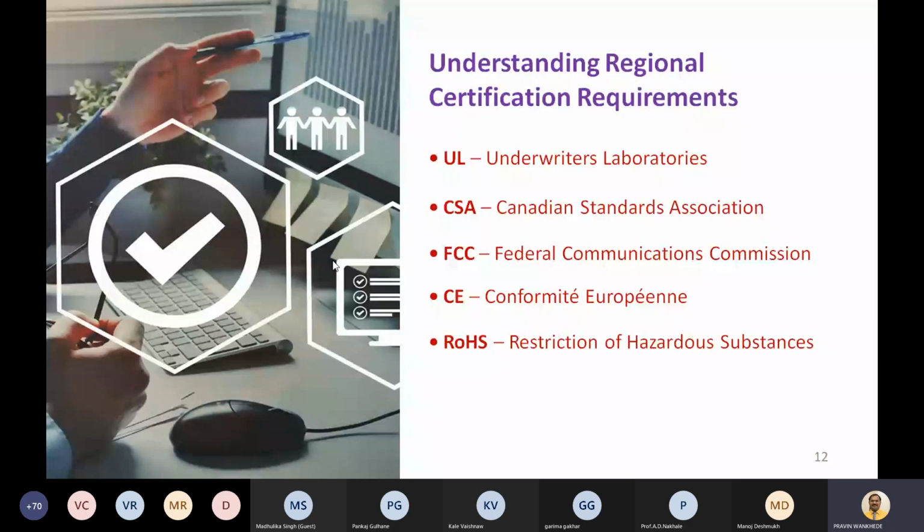Okay. Then the third is the FCC, that is the Federal Communications Commission. This is a standard for RF radiation from electronic devices. This is very important for IoT devices. As you know, if you buy any Bluetooth module, Wi-Fi module, or any such device, whether it is LoRaWAN, LPWAN, or any type of RF device for your IoT devices, they will come with this FCC certification.